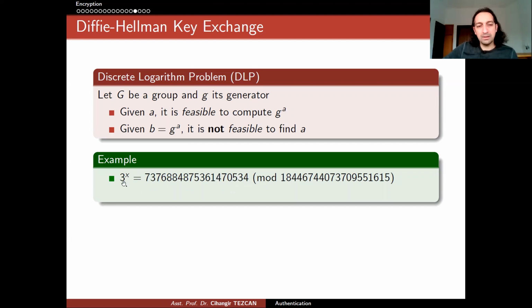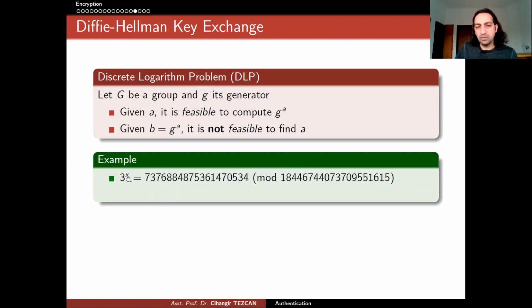So I'm calculating x to the power of 3. So I know the value x, but you don't know. So I computed it. But if I give you the result, then as I told you before, you can perform the logarithm operation and capture x. So instead of giving the result, I'm giving you the result modulo some number here. So this way, I'm kind of hiding my steps when I compute this x to the power of 3. So actually, this problem is a little bit harder than it was before.